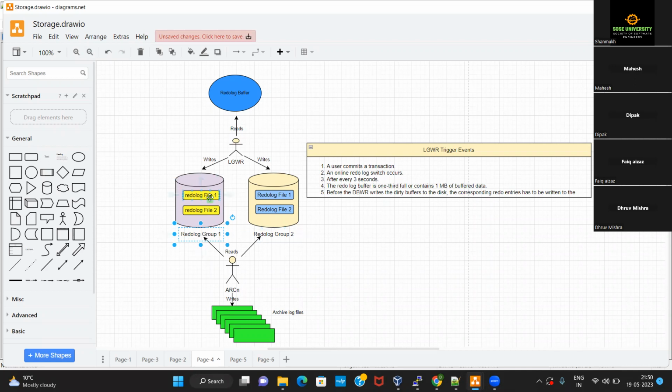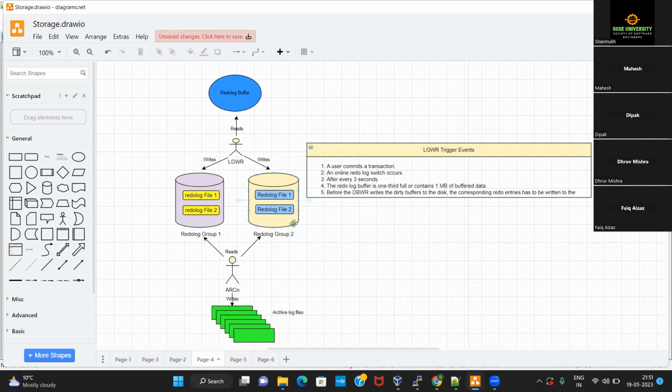Each of those groups can have one or more redo log files. In this diagram, there is a redo log group 1 with two redo log files. Similarly, there is another redo log group that also has two redo log files.